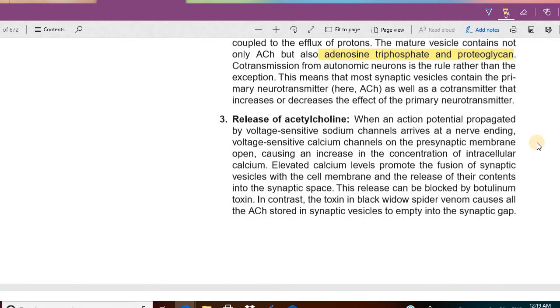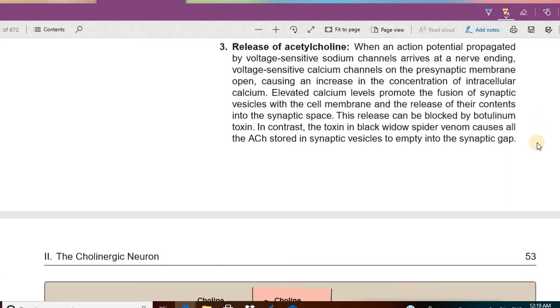Third step is the release. When an action potential propagated by voltage sensitive sodium channels arrives at a nerve ending, voltage sensitive calcium channels on the presynaptic membrane open,